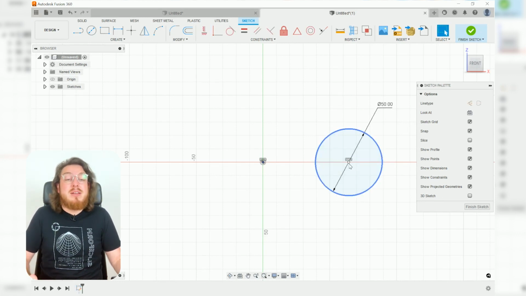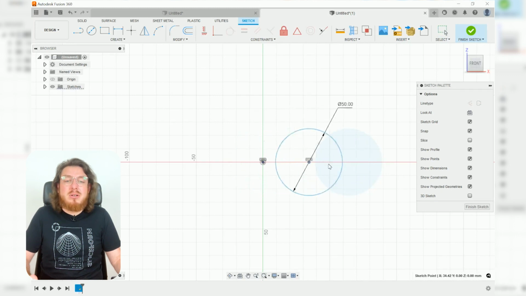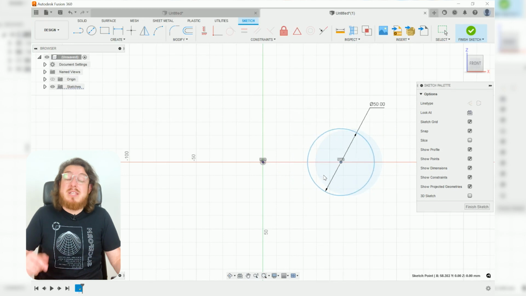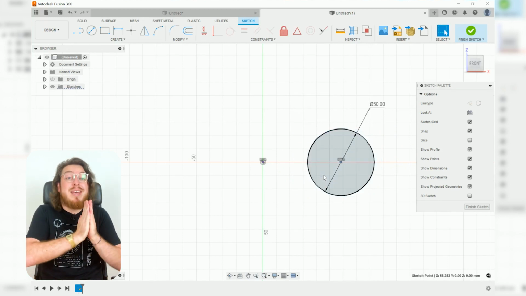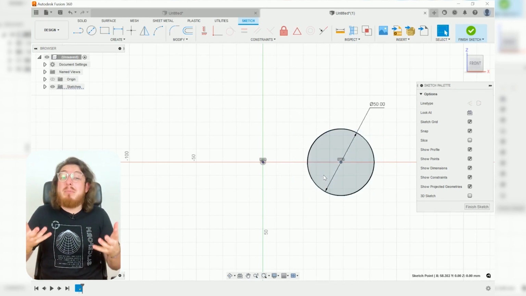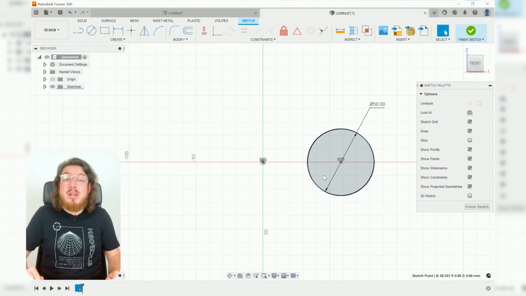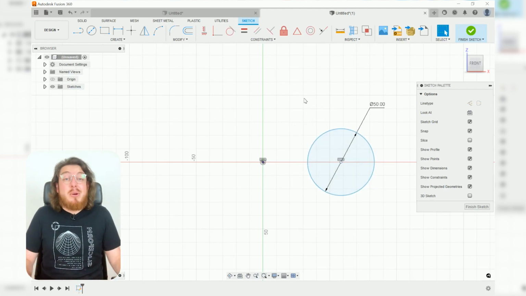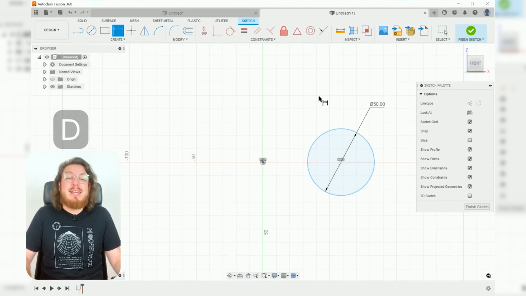Now you can see that if I try and click and drag the circle, I can only move it left or right. I can't move it up or down. This is a constraint where I'm not using any dimensional values, but I am limiting the movement or location of my sketch. Now I can dimension the distance from the origin to the center of the circle by clicking D,